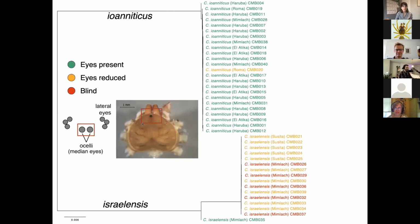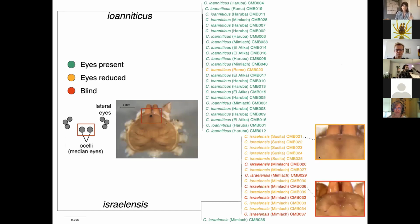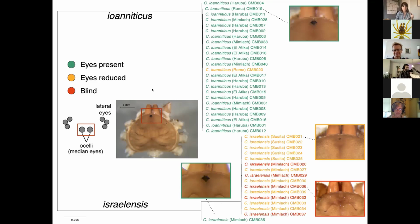I'm going to show you some zoomed-in photos of the median eyes. As I said, in Israelensis, almost all of the specimens have reduced eyes or have lost them completely. But as I mentioned before, there is that one weird Israelensis specimen, number 35, that is eye-bearing. Meanwhile, in Untitled, almost all of the specimens had fully developed median eyes, but one specimen had reduced eyes. It's not as reduced as those of Israelensis, but it still suggests that eye development is quite plastic in both